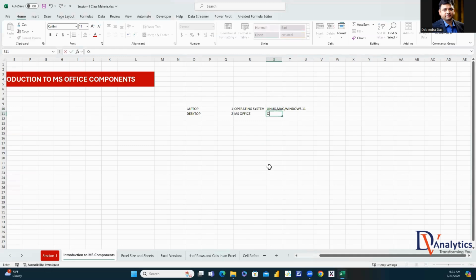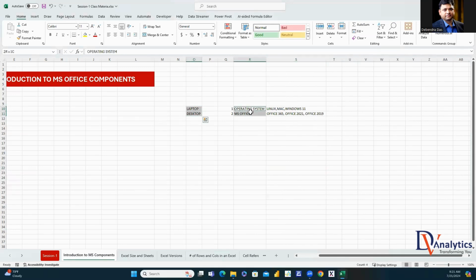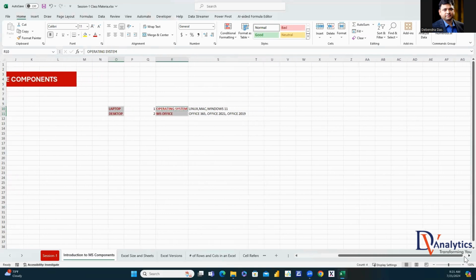What is MS Office? It could be Office 365 they have installed, or Office 2021, or Office 2019 installed in your system. Does it happen to all of you guys? Yes or no? Yes, sir. Right. Now we need to understand